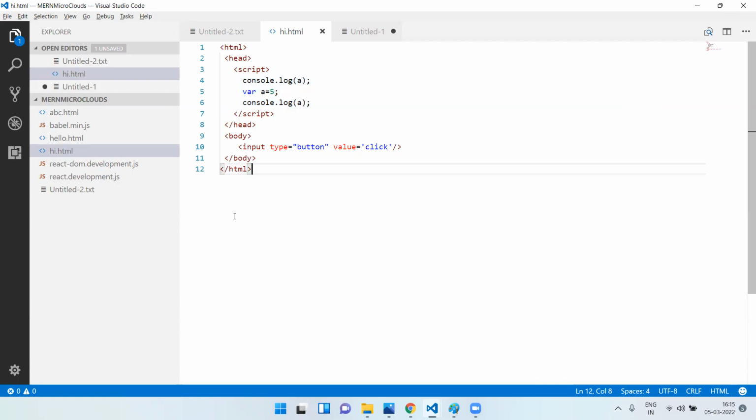So closure, what is a closure? Now, if we define a function within another function,